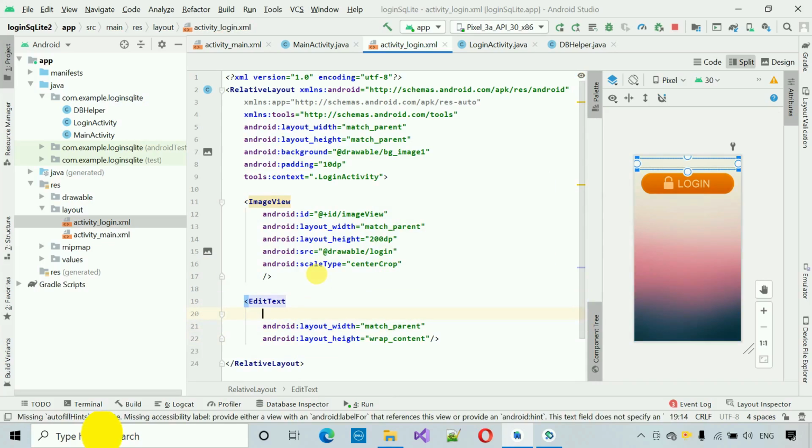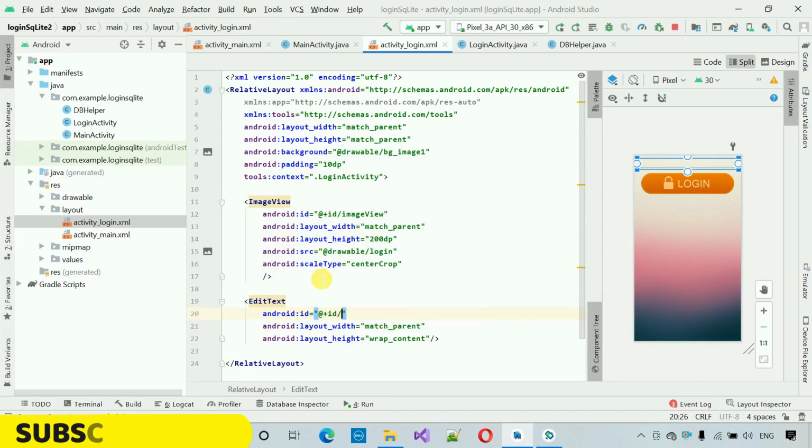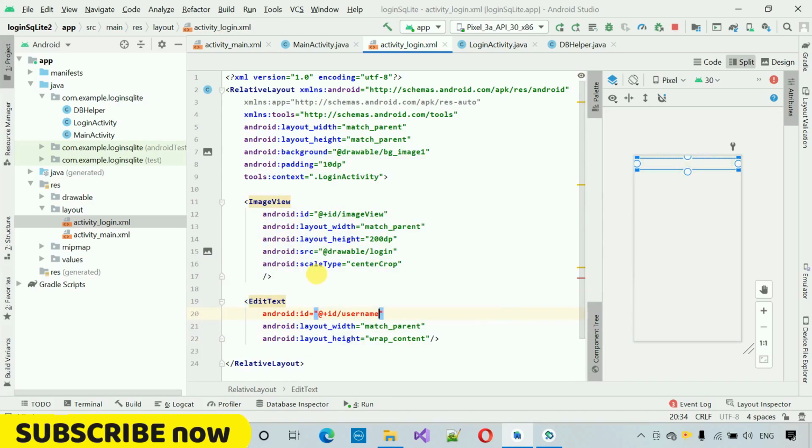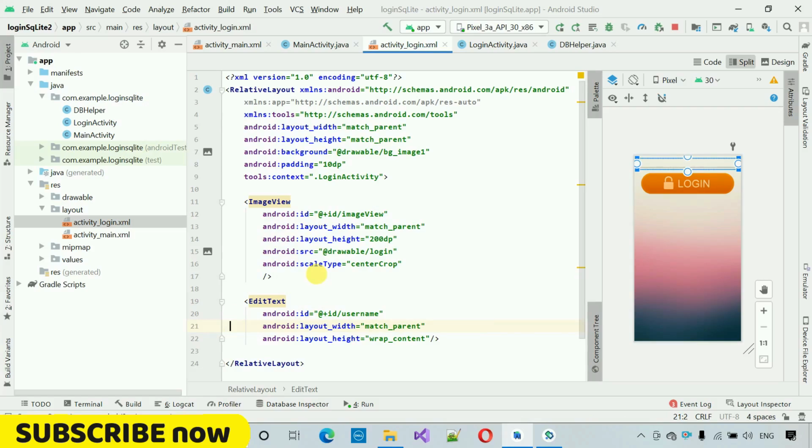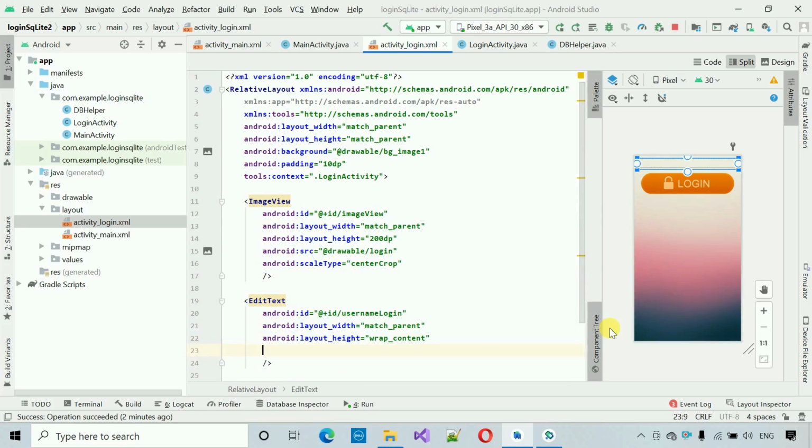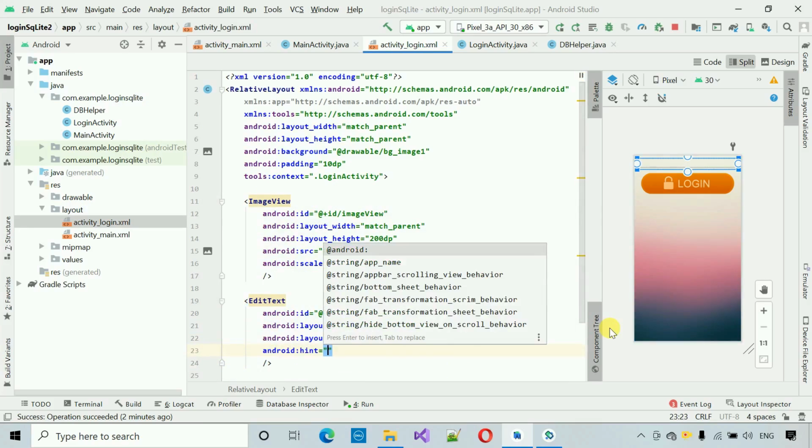I'm going to set the ID for this one, so the ID will be username login. I'm going to set this one username login, and after this I'm going to set the hint for this one, so the hint will be user